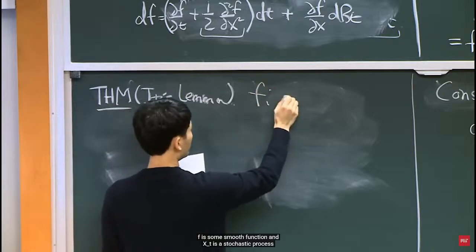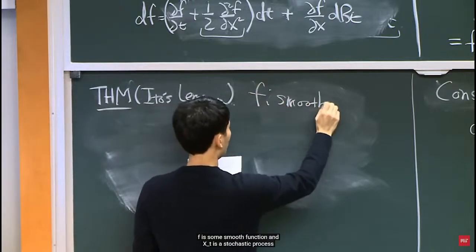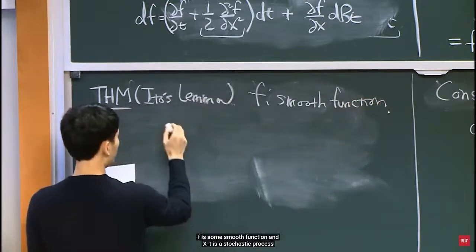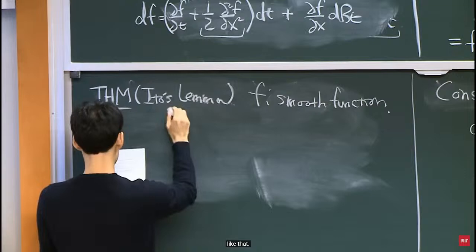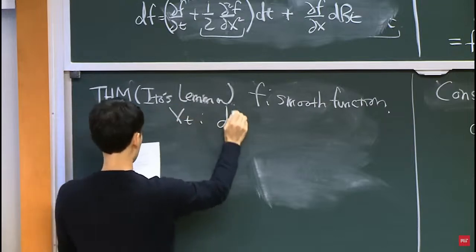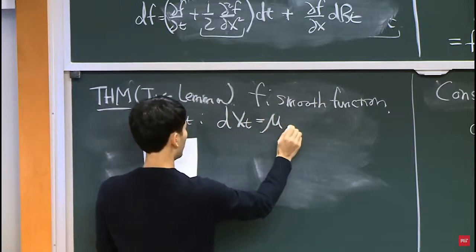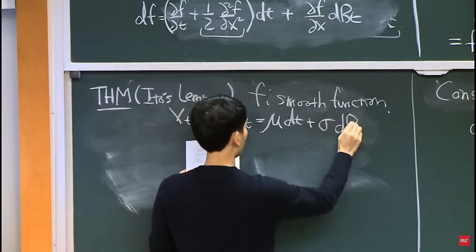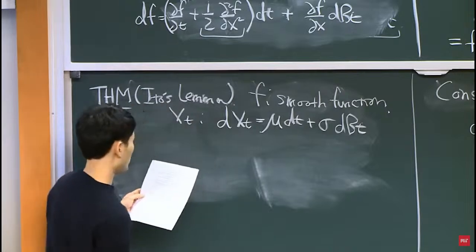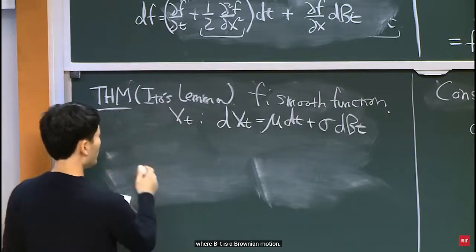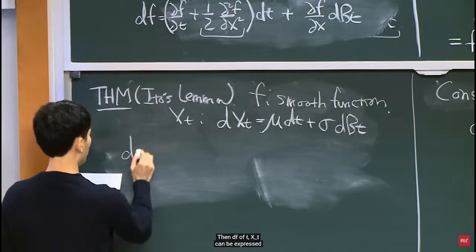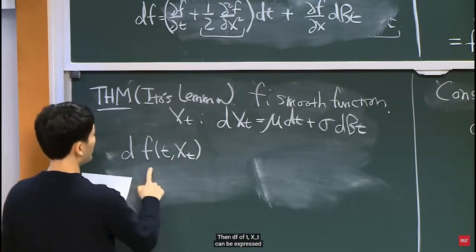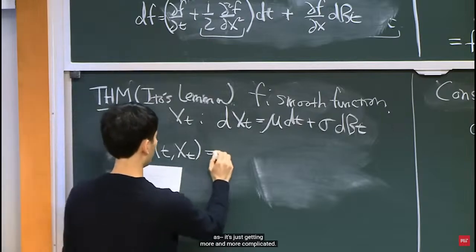F is some smooth function, and Xt is a stochastic process like that. Xt satisfies this, where Bt is a Brownian motion. Then df of t, Xt can be expressed as